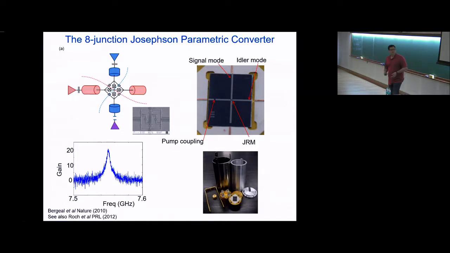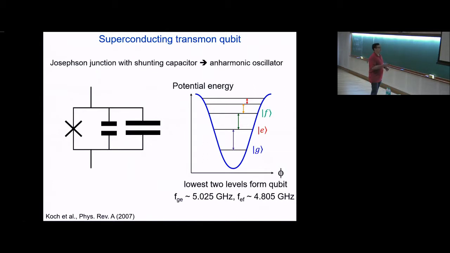Now I want to measure qubits, so I have to make the qubit. The way I do that is to take my junction and its self-capacitance. And again, as we discussed yesterday, I just add a big shunting capacitor. So this shunting capacitor takes the naturally very anharmonic charged qubit of a floating junction and flattens it out until it's a very nearly harmonic oscillator